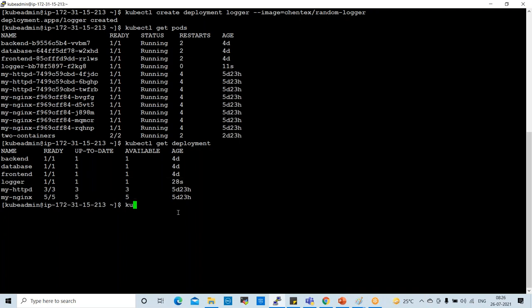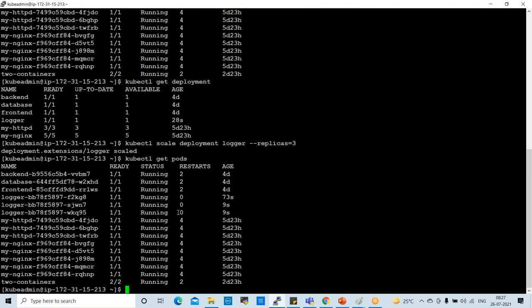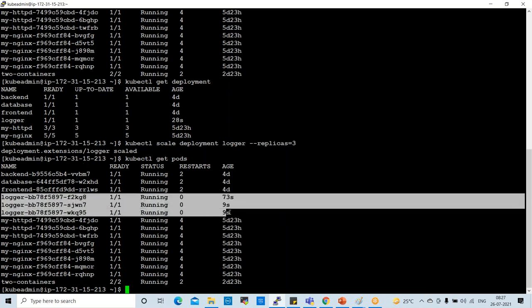The command here is kubectl scale deployment logger --replicas=3. Now it is scaled. If you check kubectl get pods, the logger pods are also available. 3 logger pods are available here, right?